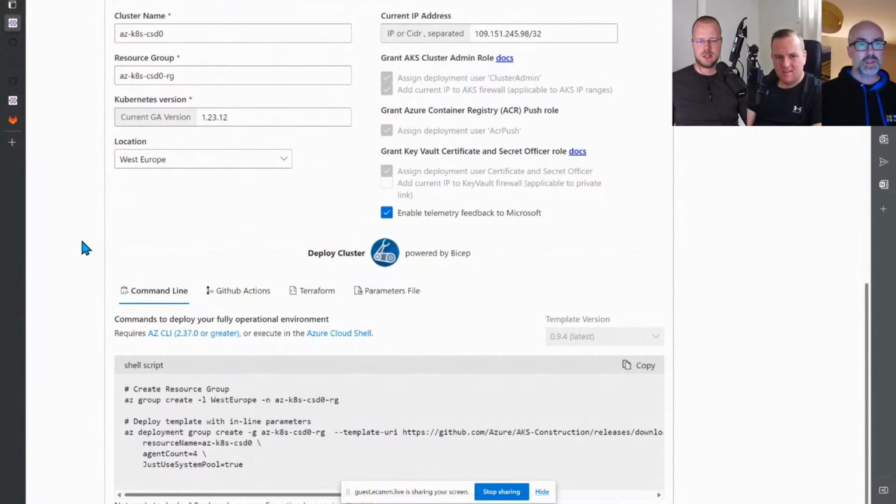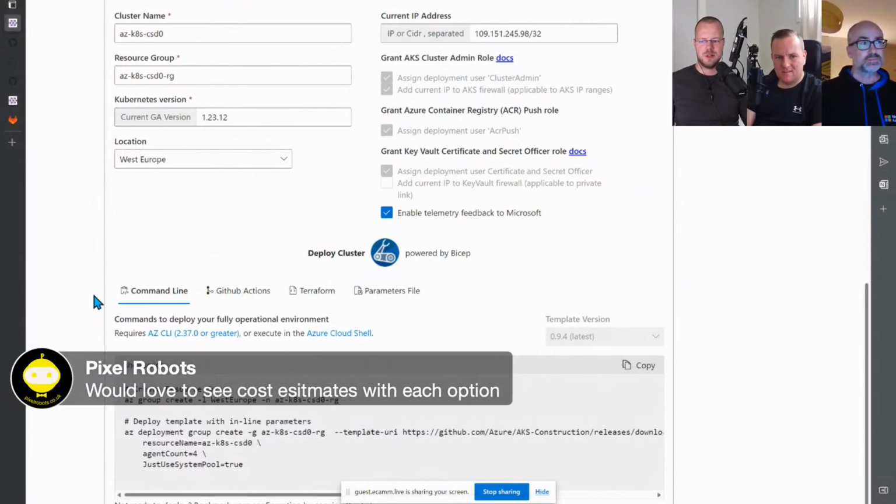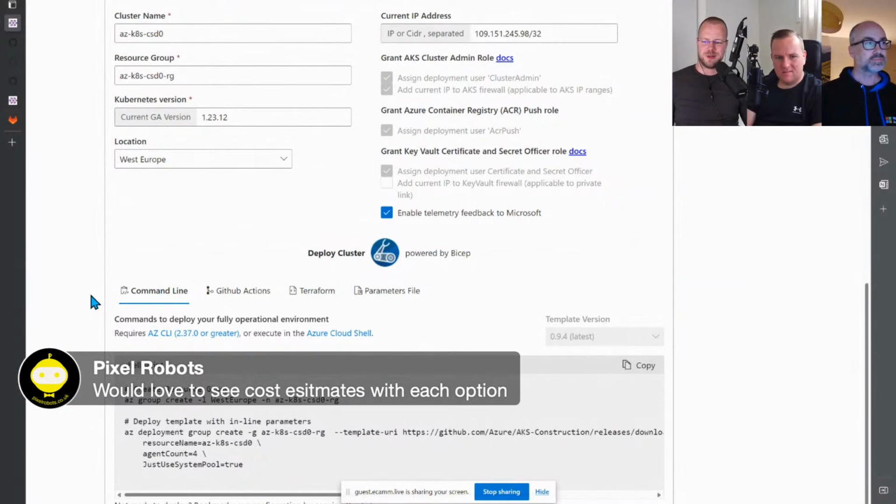Nice. I have a good question from a good friend, Mr. Pixel Robots. So he would love to see some cost estimates with each option. So it's more like a suggestion. It's not even a question. That's a really good call.